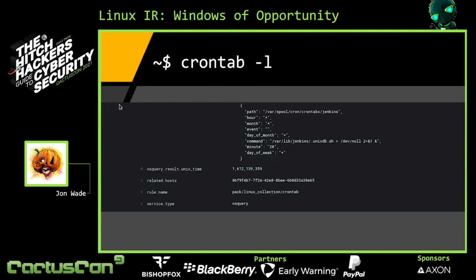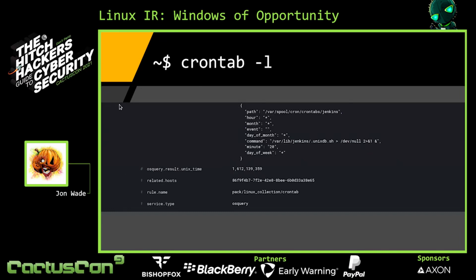So let's take a look at that cron tab, right? To revert cron tab, we're actually going to rely on the output of an OSquery task. One of the few things you can do with those queries is set a series of questions to interrogate your system, and then have that output pushed to a file and ingest that into Elastic, right? So in this case, that's what we've done here.